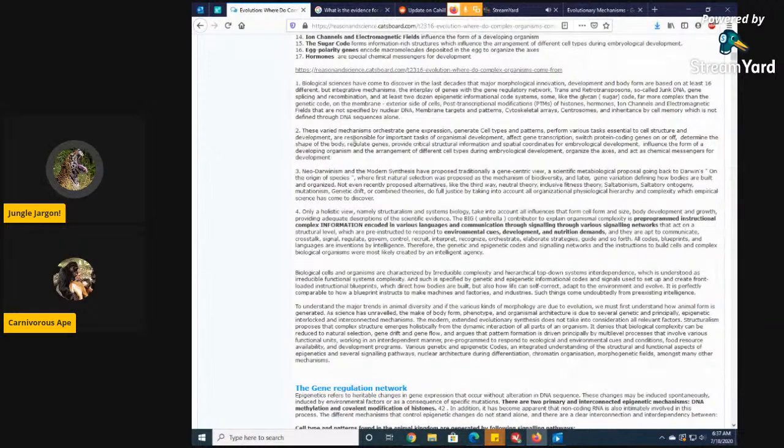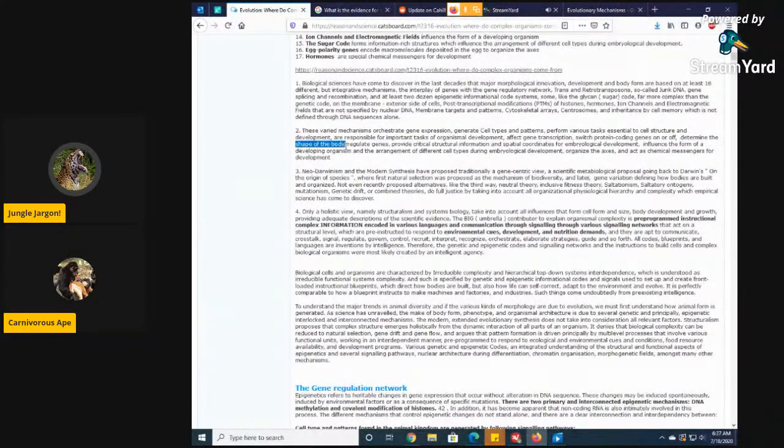These varied mechanisms orchestrate gene expression, generate cell types and patterns, perform various tasks essential to cell structure and development, are responsible for important tasks of organismal development, affect gene transcription, switch protein coding genes on and off, determine the shape of the body, regulate genes, provide